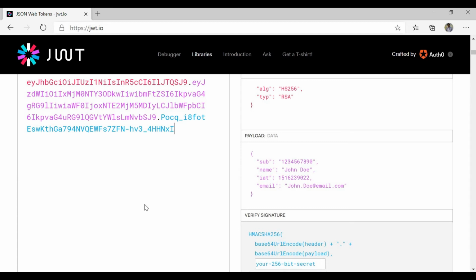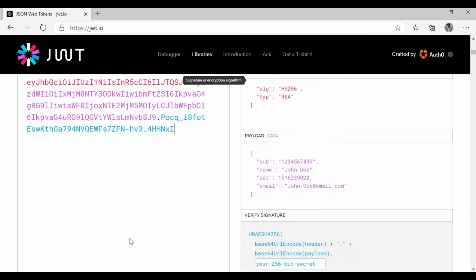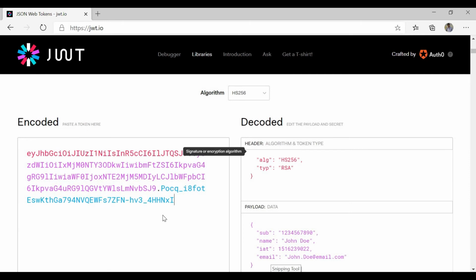As I told you in the first video itself, JWT is an open source standard. All platforms have their own implementation of it, and it's a common implementation across any programming language. So any system can validate a JWT token using the algorithm and the secret key which we are providing.